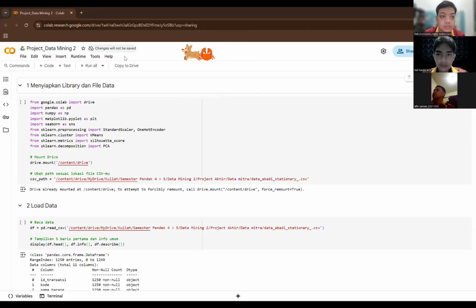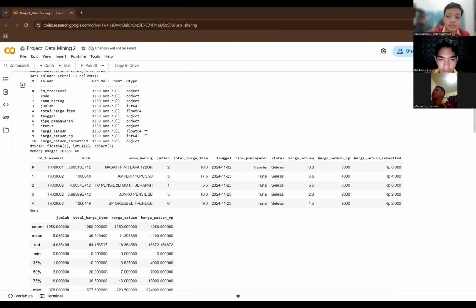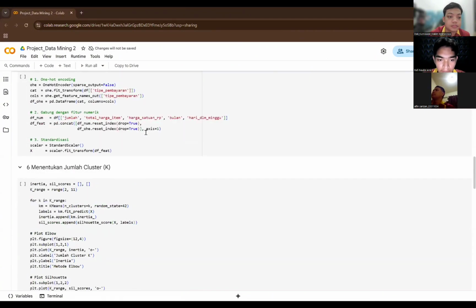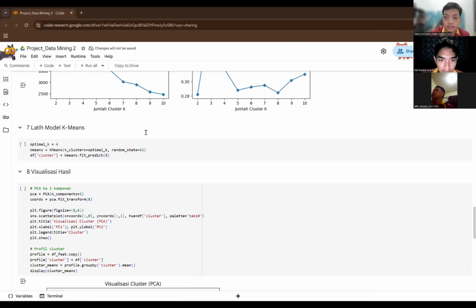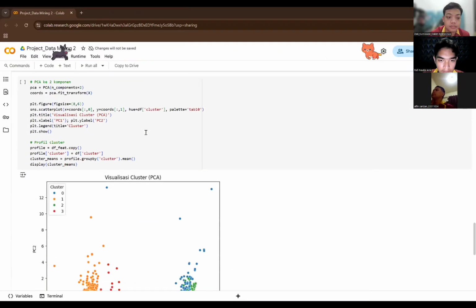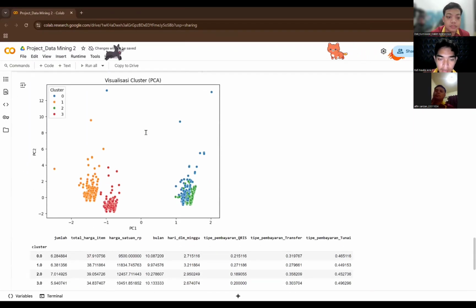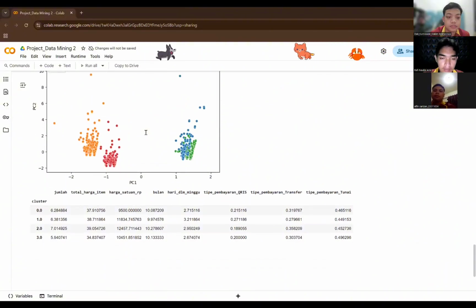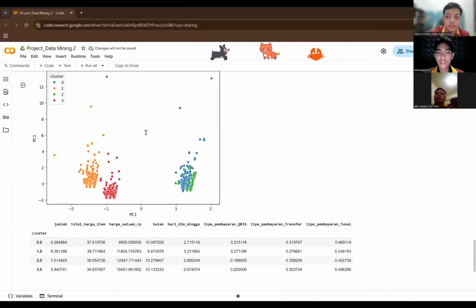Okay, so this is the code that we made in Google Colab to do our project about data visualization for Abadi Stationery. Can you scroll down a bit? Scroll down. Okay, this is the result. We can see that. Okay, that's it. Thank you, Zaki.